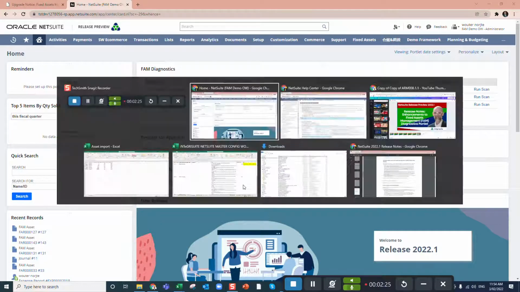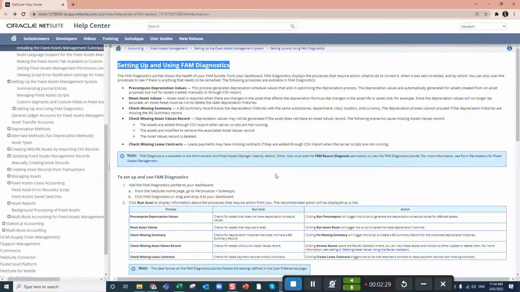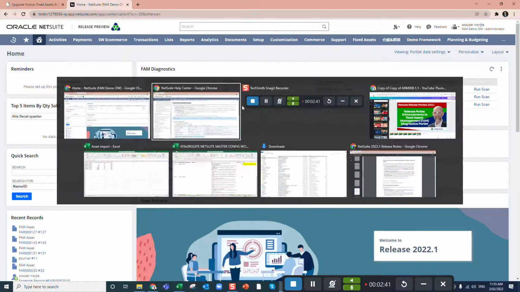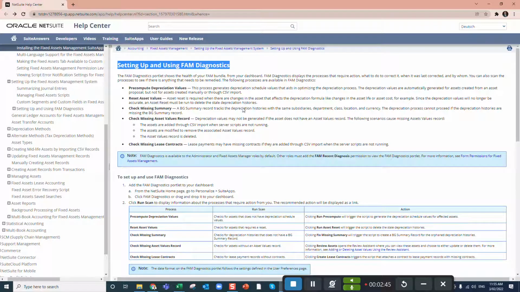Okay, so I have imported some assets through CSV, so I was expecting this to come up. I've reset some asset values, and so I expected to get a result here. What I have noticed is that I need to have